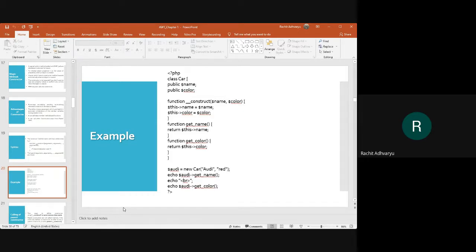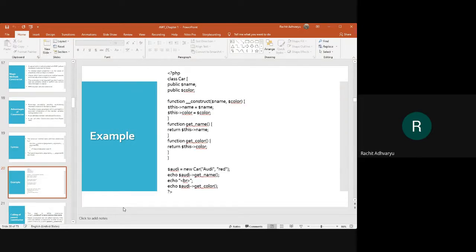Right guys, so this is how we work with constructors in PHP. Mainly we use the double underscore construct keyword. Rest everything remains the same. Only the constructors will be used to assign values to the properties or variables of a program or class. We don't have to create any special methods for assigning the values. That's actually the benefit of a constructor.